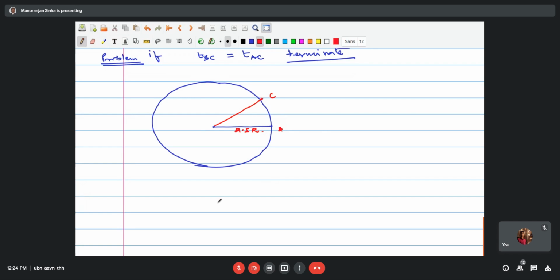Say in a polar orbit, this is your polar orbit. A satellite is moving where r is the radius of the Earth. So this orbit has a radius of 2.5 times the radius of the Earth, and Earth is at the center here. This angle is 30 degrees.